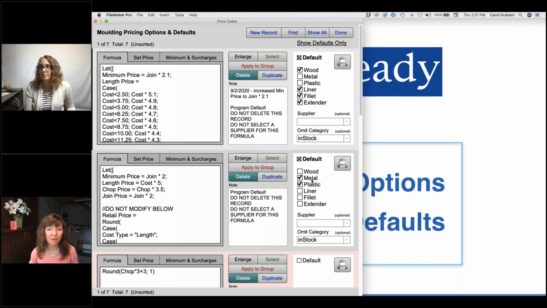Okay, moving down, we have the default for metal and plastic. And again, no supplier. This is the default one. It applies it to everyone. There's a little note in here saying, do not delete this record. If you have a different generic one, then you can go ahead and delete it. That's okay. But you should have one record in here that is generic and does not have a supplier listed,